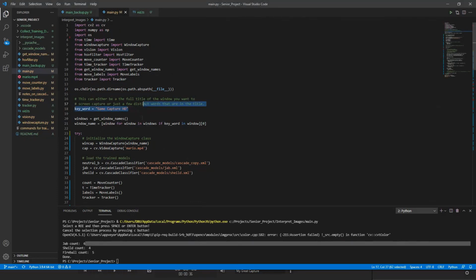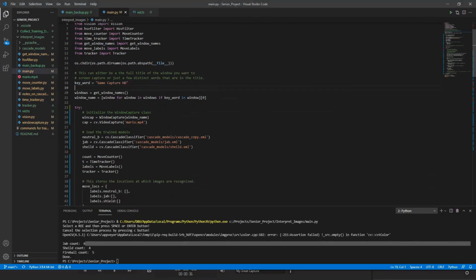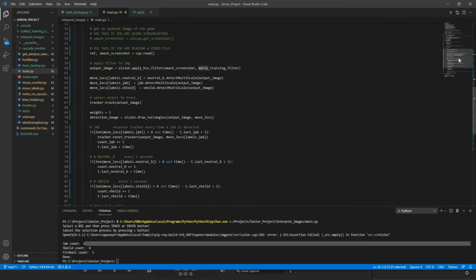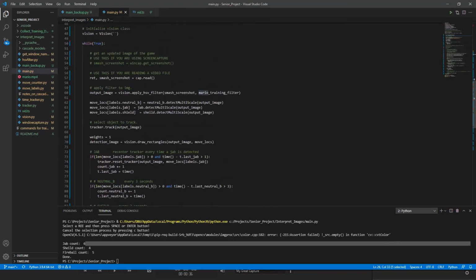Alright, so now I'm going to show you the tracking feature in action. So I have this little recording that I took. You can use the tracking with a recording or a screen capture, but since the FPS is low, if you use the screen capture, it'll look kind of jumpy. If you use a recording, it won't be jumpy, but it'll just move slower. So we're going to opt for that option right now. And if you want to switch, you'll just uncomment this line. So let's give it a